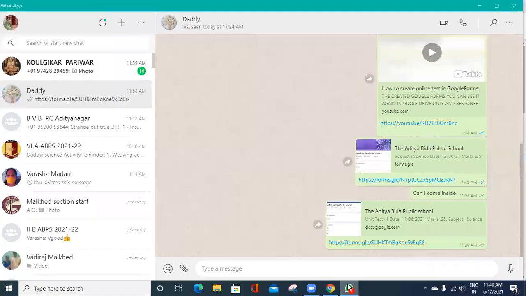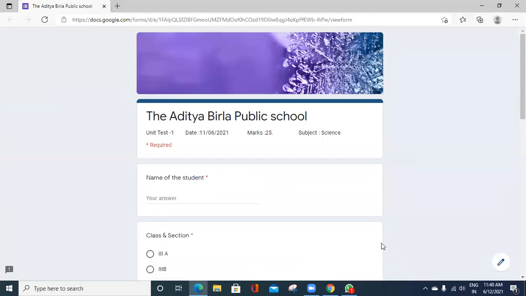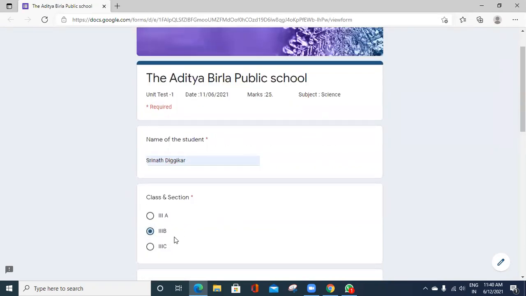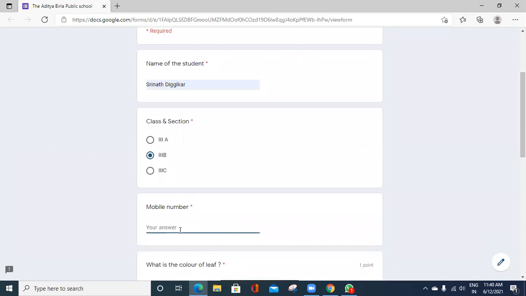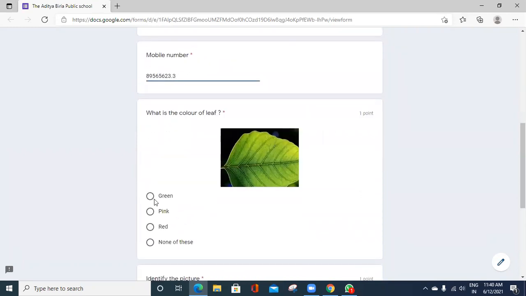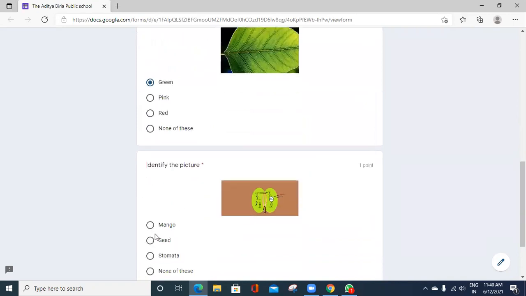Now you can see how the child can open. Now the child will open it. The child can open and write the answer. Okay, whatever is there, third B, the mobile number, something he can write. Then answer it. The child will answer it.